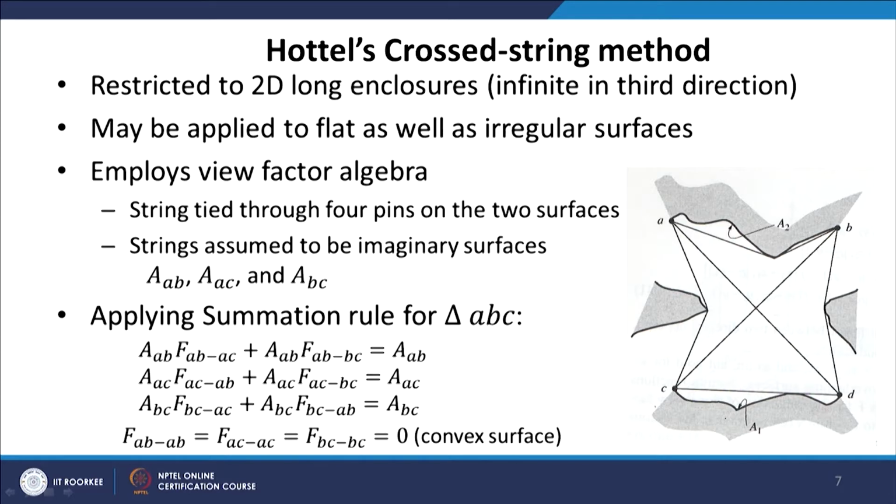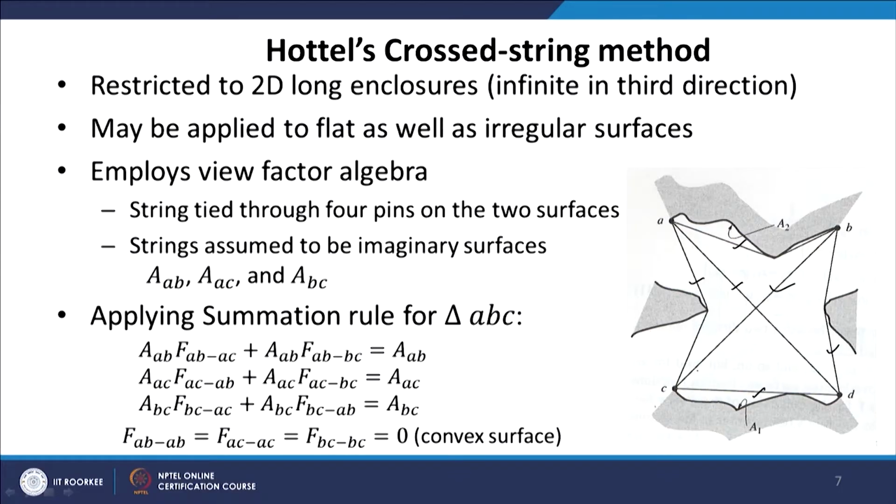Okay. And we put a wire or the thread. Okay. Now, we call it string because the method is called cross string method. So, we have this one string AC, okay. Another string is tied between A and D, similarly A and B, C and D and C and B. Okay. So, we have put 6 strings, okay. Total 6 strings are put, okay, and these strings are assumed to be tied to the pins. They are tight and they are convex in shape.